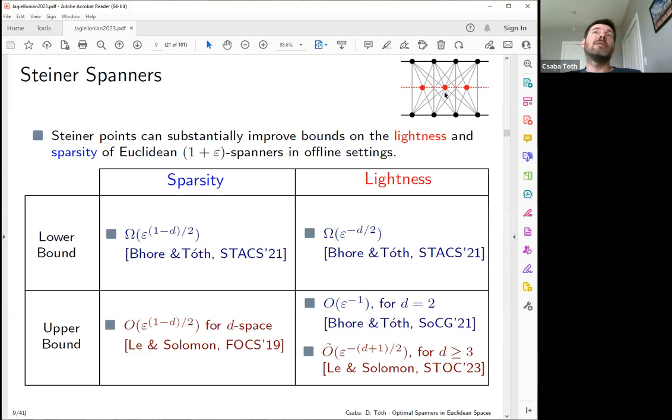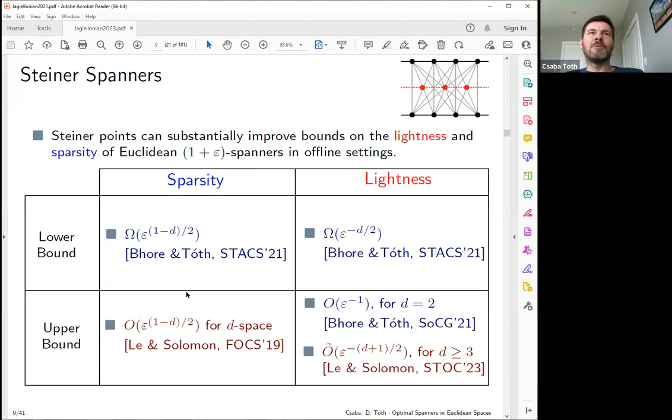But if we place via points somewhere in the median line, strategically, then actually the weight of the spanner drops, both the weight and the number of edges. It's enough to connect both partite sets to these via points. So these are the current bounds on these spanners in Euclidean spaces. Roughly speaking, the exponent of epsilon drops to 1/2. Not exactly, but